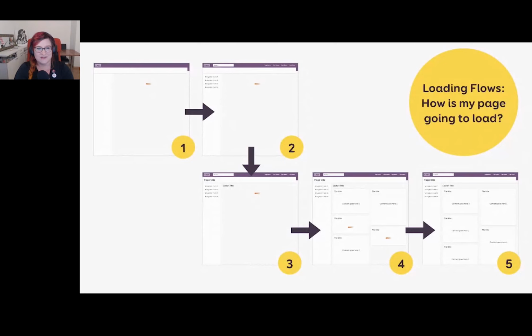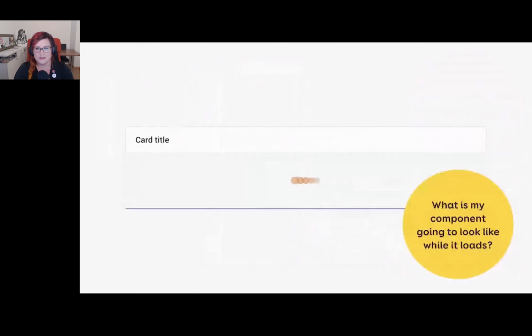Sometimes I also have loading problems at component level because something takes time to respond. So this is also why I need to prepare a loading state for my components. Then what happens if I have errors while it finished loading? You want to avoid that kind of page. And I still see those a lot on websites, the horrible bad requests where no one understands what's going on and users are scared.